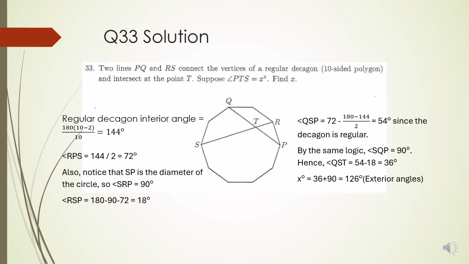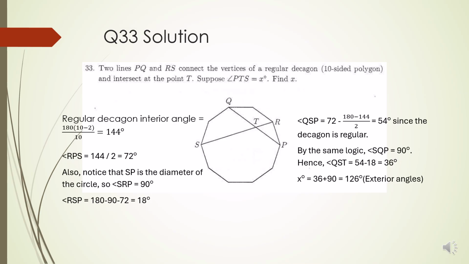this over here. Notice that SP is the diameter of the circle, so angle SRP would be 90 degrees as SP is the diameter and R lies on the circle. By forming a triangle RSP, we can find out angle RSP is 18 degrees. Here comes the slightly harder part, which is finding angle QSP. If we connect